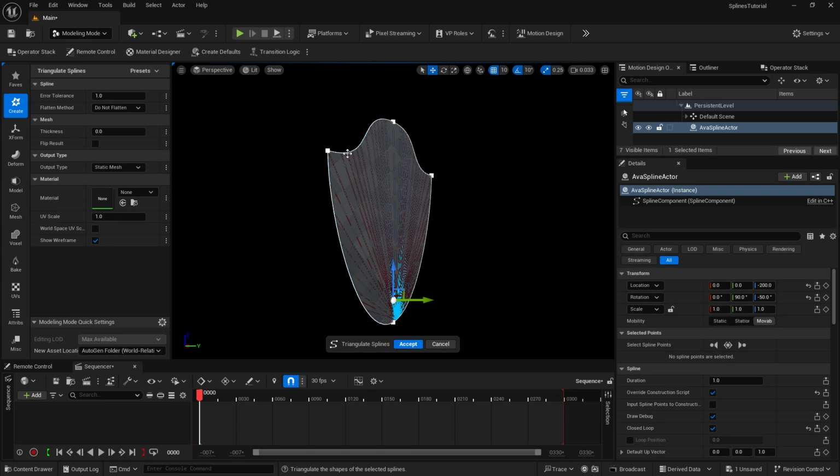These points here determine how smooth these curves are. That is managed right here under this error tolerance. I'm going to go ahead and crank that up because it kind of works opposite of the way that you might think. If I bring this up, you'll see that we actually get fewer points and we get less curve in the shape. So we actually want to bring this back down,